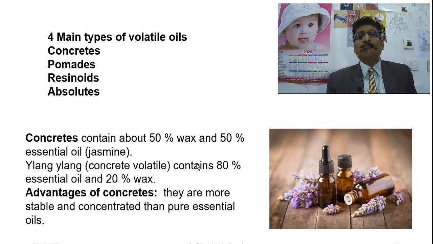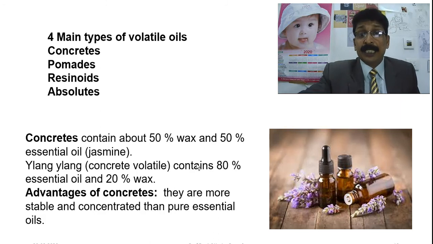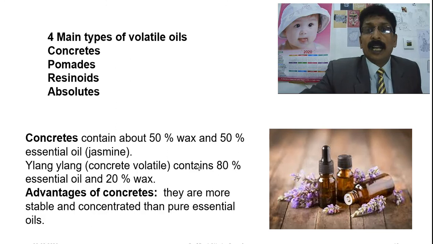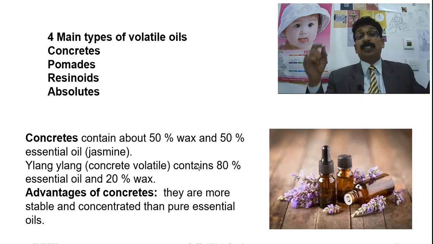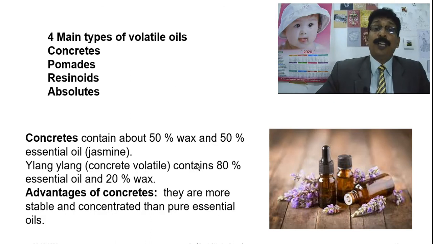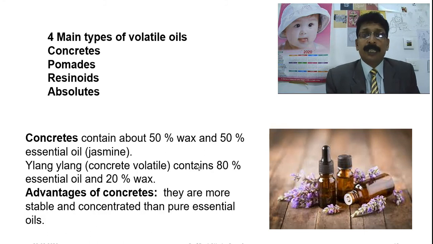So in these four types, what are concretes? Concretes in volatile oil preparations: how they are made into preparation, and what are the main constituents present in them? Concretes contain about 50% wax and 50% essential oil. Example, jasmine concrete,